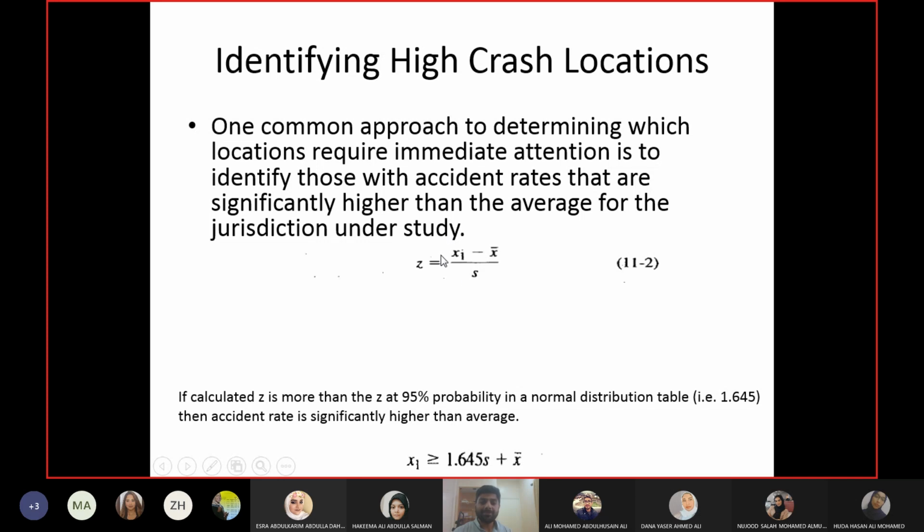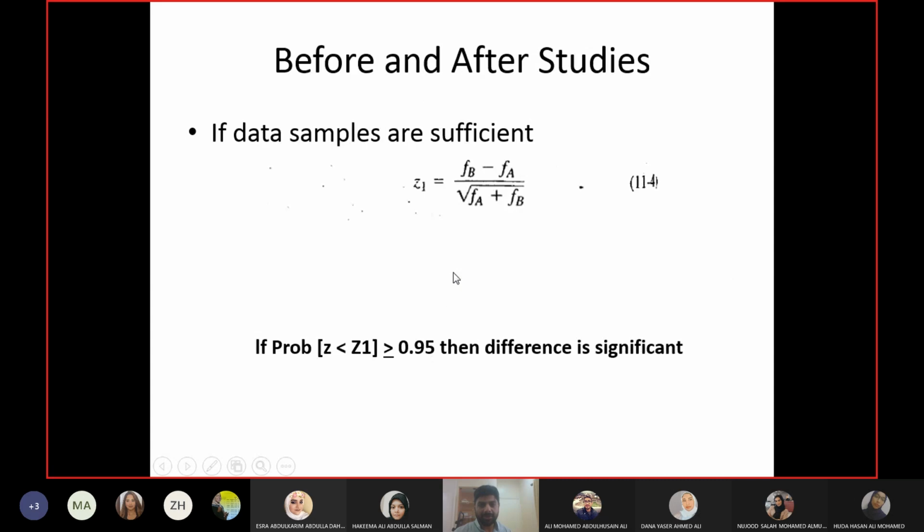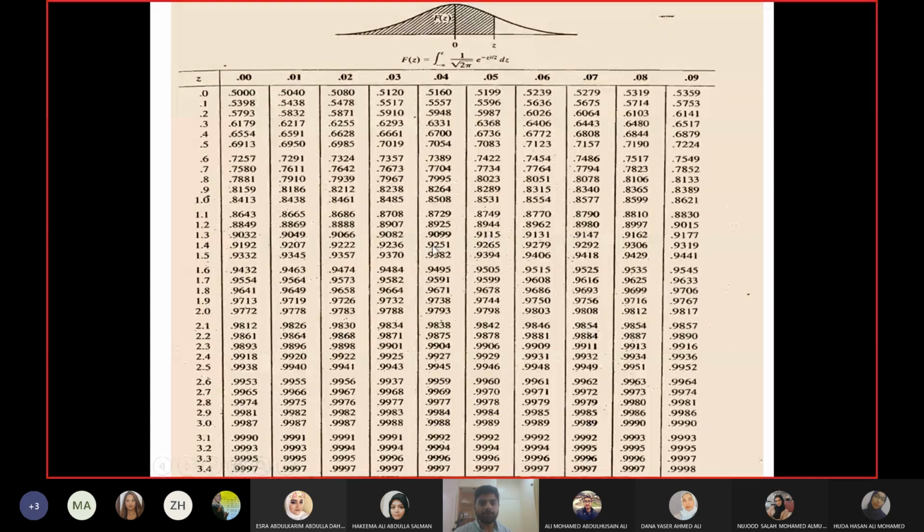So once you calculate the z-value, you will go to the z-table and find out its probability. This is a z-table, which gives you the probability for each z-value. Now, a common mistake from the students is that they calculate the z-value and then they don't look at the table. They say, okay, this is the z-value, and they try to calculate the answer from there. No, that is wrong. Calculate the z-value, come to the z-table, and then check the probability of the z-value. Now our benchmark or our limit for the probability is 0.95.